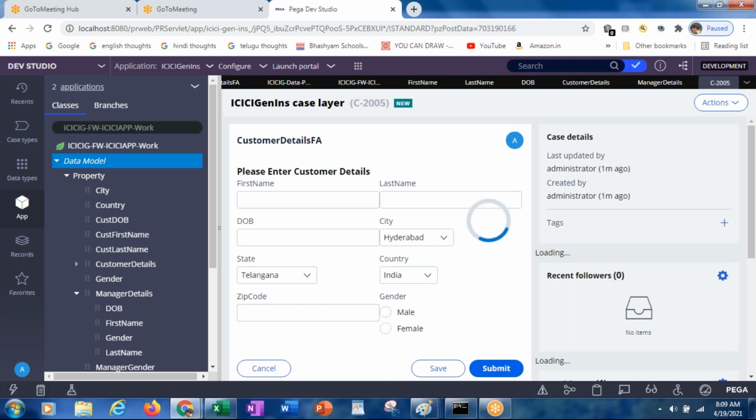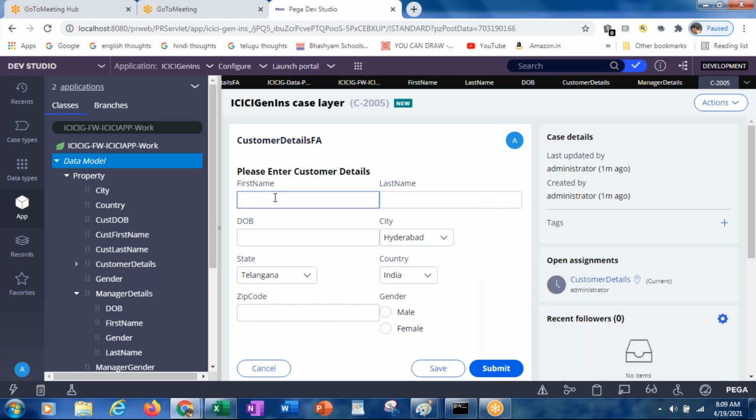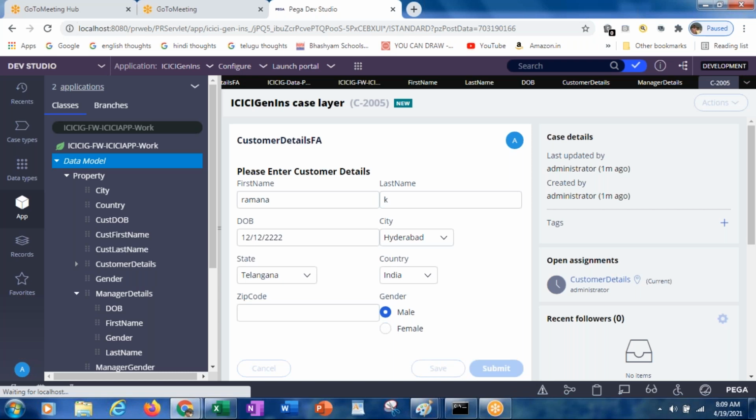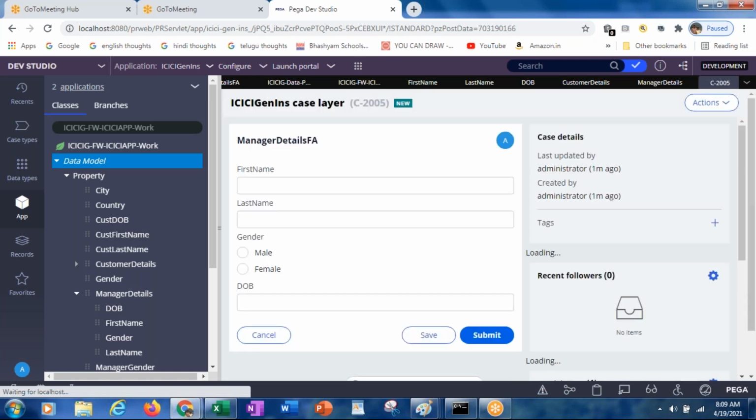Remaining city, state we have not yet added. Now first name, under the customer details first name, Ramana, date of birth and gender male. Now submit. If you go to the manager details, you will not be able to see that.